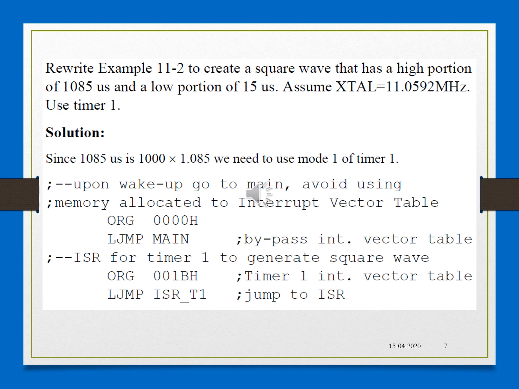It has to take very minimum memory space. If you recall, the memory space allocated for each ISR is hardly 8 bytes, not more than that. If your program is taking more than 8 bytes, then this is the way we have to follow. We have to save the ISR in some other location. So in the vector table, at that particular address, memory location 001BH, we have to say LJMP to that location.